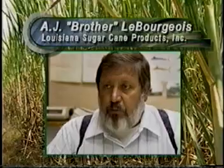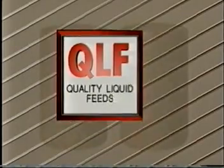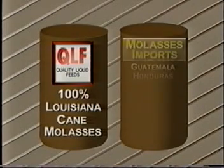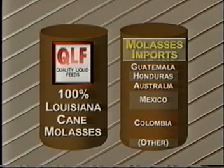We have a quality product that's not diluted with a cheaper product just to meet the standards of price quotations. We have a product that is pure, it's unadulterated, it's high in sugars. It is also in total sugars higher than the standard for total sugars. Quality Liquid Feeds is proud to purchase 100% of its molasses from LSCPI and has since 1988. QLF does not use offshore or blended molasses. Using only Louisiana cane molasses ensures a high quality and consistent finished product load after load while supporting United States